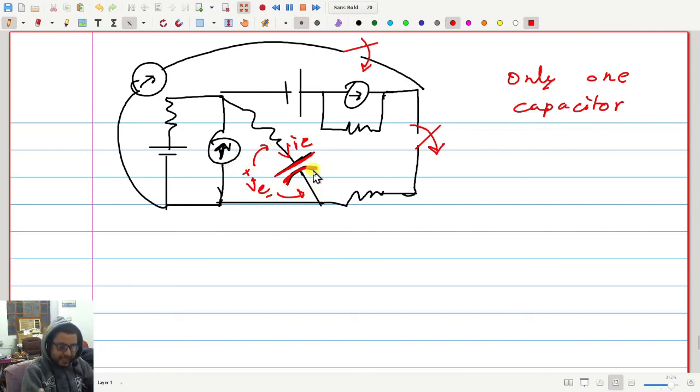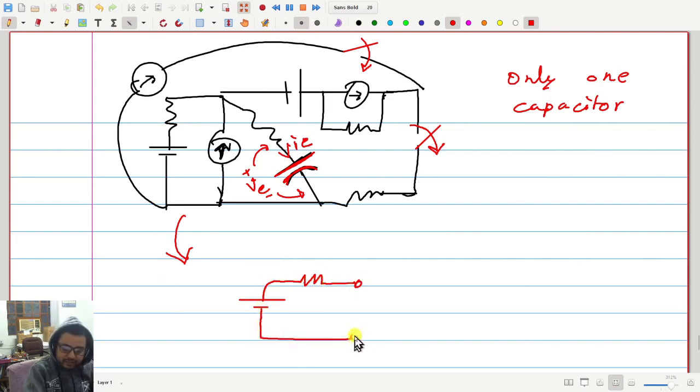Okay, if that is the case, then you see that other than this capacitor, what we have is only voltage sources, current sources, DC sources and resistance. And for that, we can always find a Thevenin or Norton equivalent. Then you can always write this current I and this voltage in the exponential form.